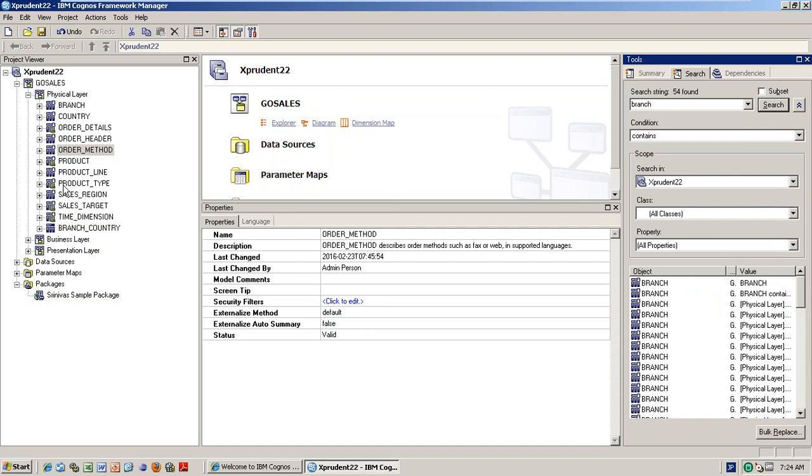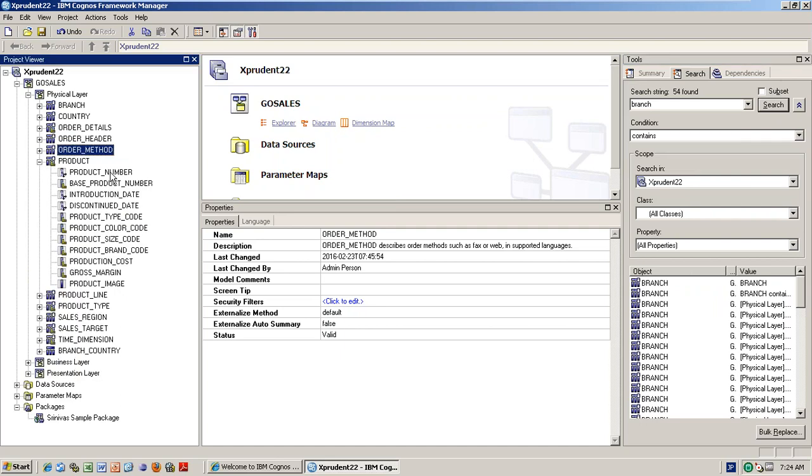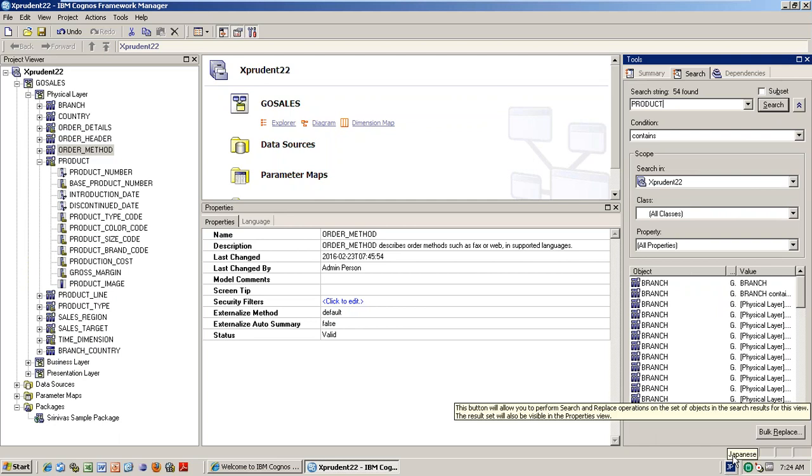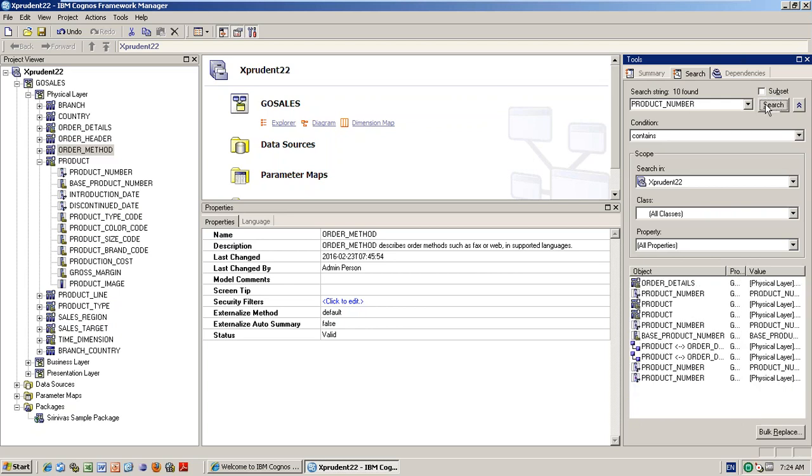So like this, for example, product number, wherever it is used, I want. Right? So now search it. See, product number is used in these places, right?